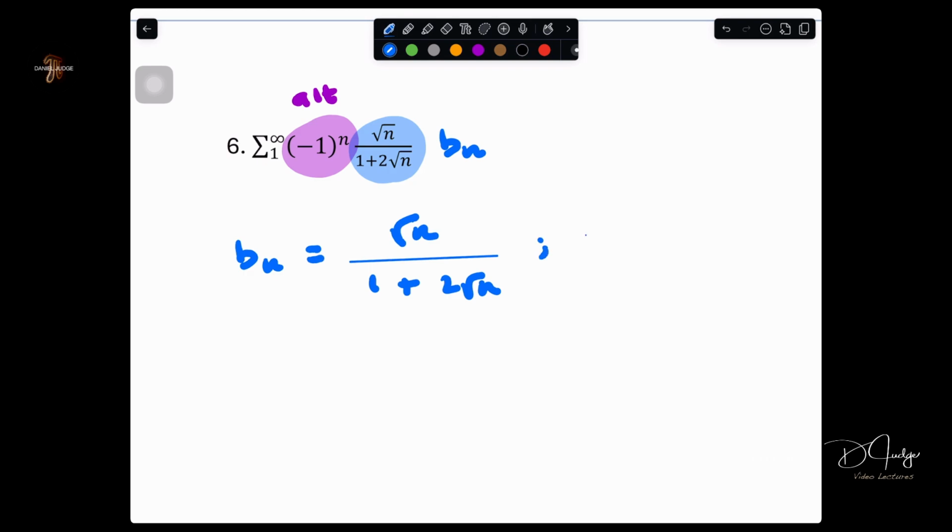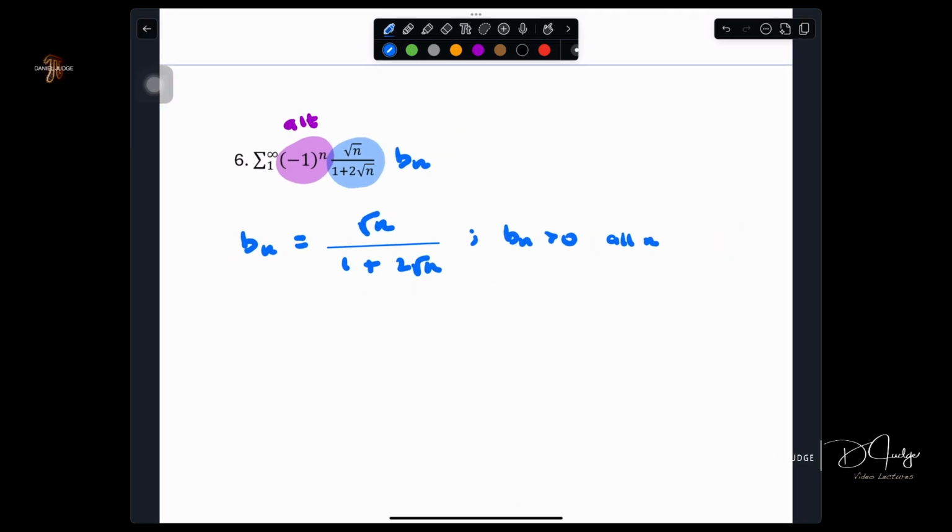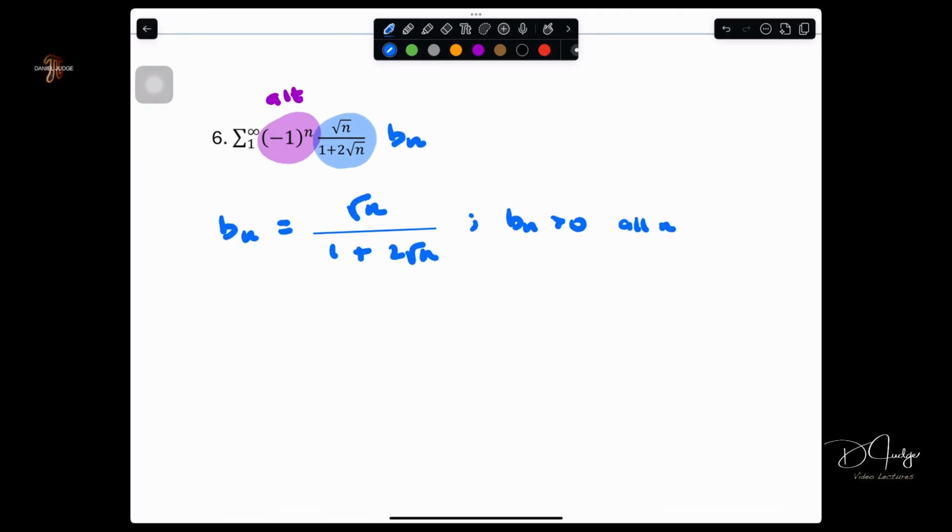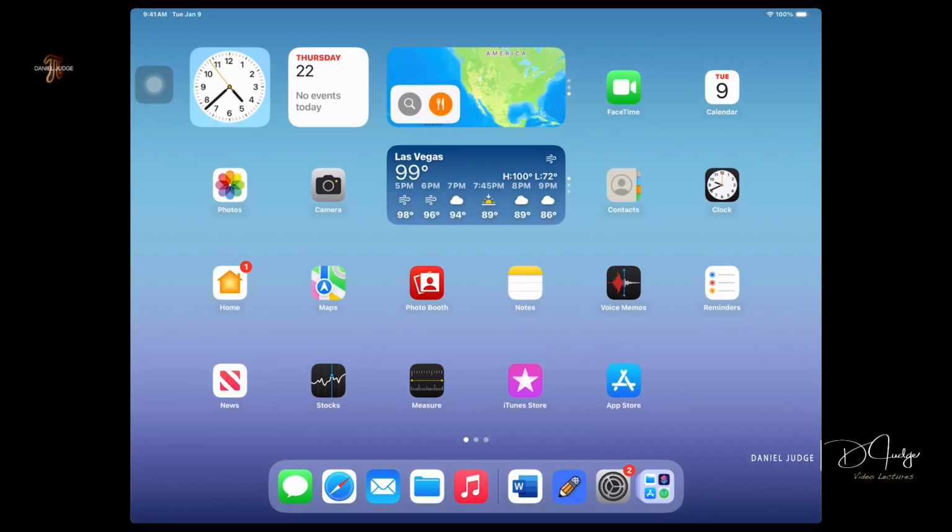So what we can see is the terms are in fact positive for all n. And again, the numerator looks to be increasing faster. Sorry, the denominator is increasing faster than the numerator. So the terms are decreasing. So if you want to check Desmos,